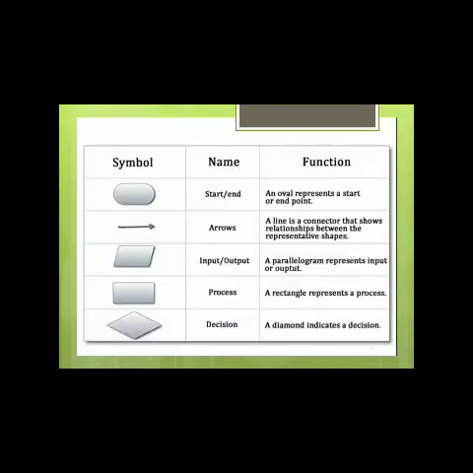Now in this flowchart, we are using certain symbols. For start and end, we are using an oval shape. Then arrows show the flow of lines, the flow in which the program goes from start to the end. Then for taking input or showing the output, we are using a parallelogram. Then for showing any process, means whatever calculation we are doing in our program, we are using a rectangle.